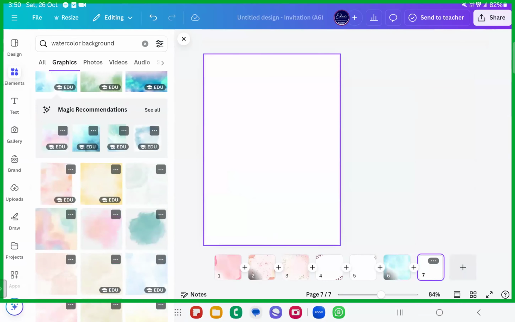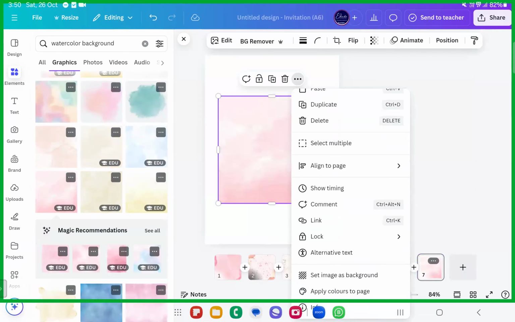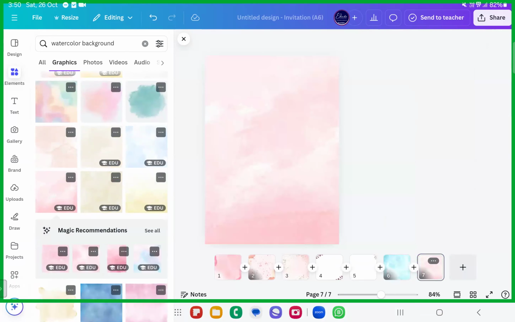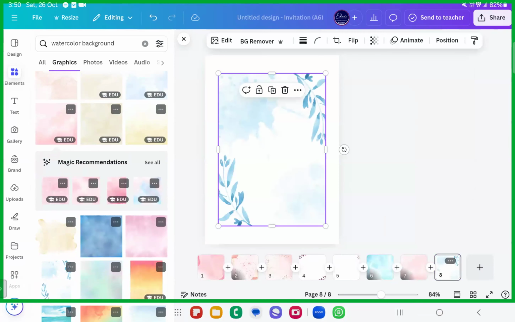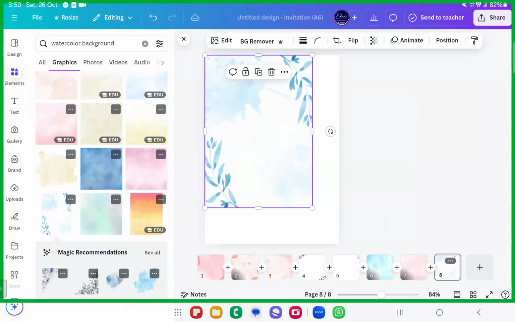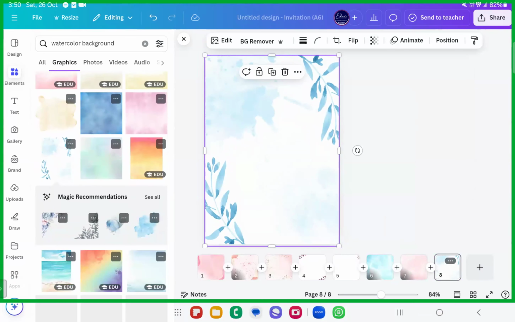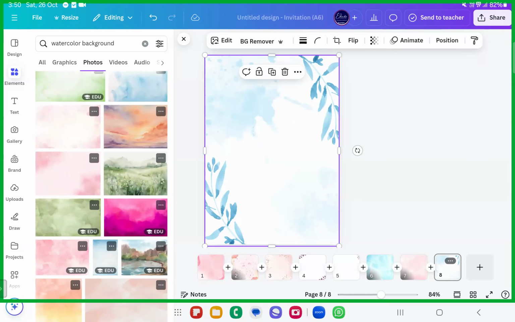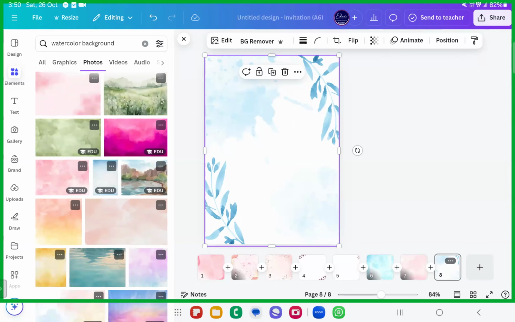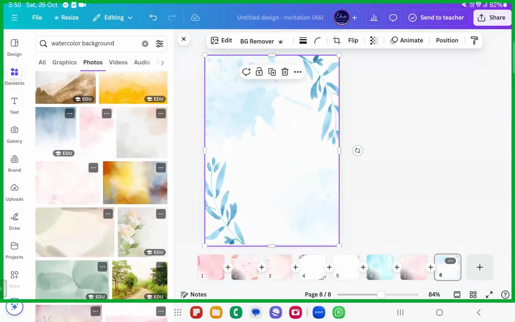This way you can grab all of these and create your graphics, I mean, invitation cards or wedding invitations, or whatever. For example, if you want to create it for events or something like that. Usually we go ahead with watercolor backgrounds, right? If you want to add more stuff on this, you can go ahead with that. Also go ahead with the photos, and you'll have beautiful watercolor backgrounds, right? These are the ways you will get beautiful backgrounds in hand.